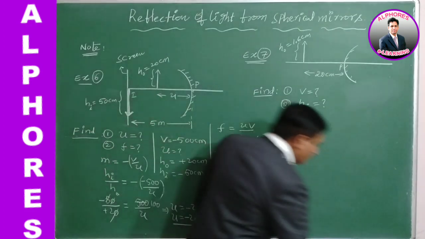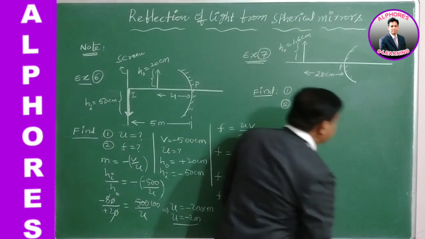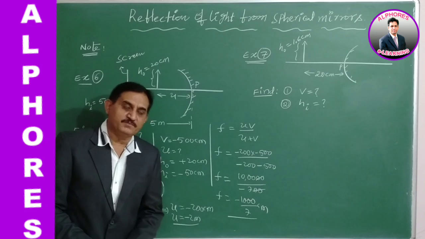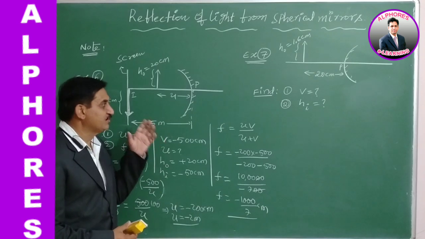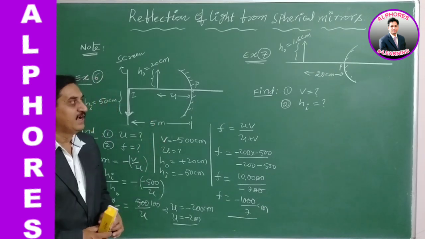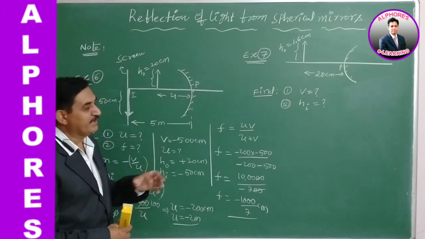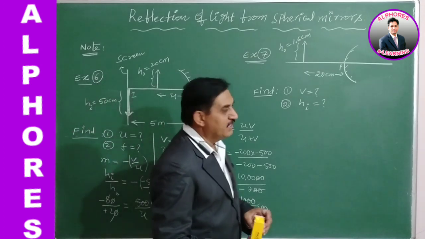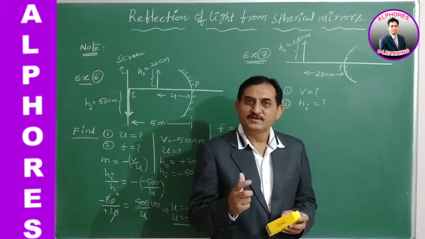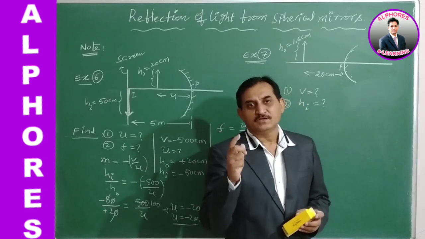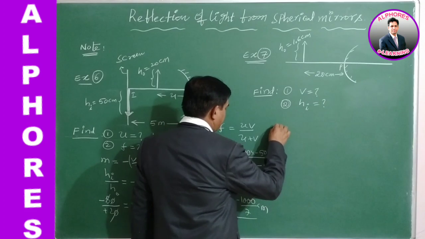Once again I repeat, here there is a ball bearing and its diameter is mentioned clearly, that is 0.4 centimeters. A candle flame of height 1.6 centimeters is kept at a distance of 20 centimeters from the convex mirror. Find the position of the image of this candle flame formed by the convex mirror. And the second one is the height of the candle flame image formed in the convex mirror. Okay, let us find this one by one.